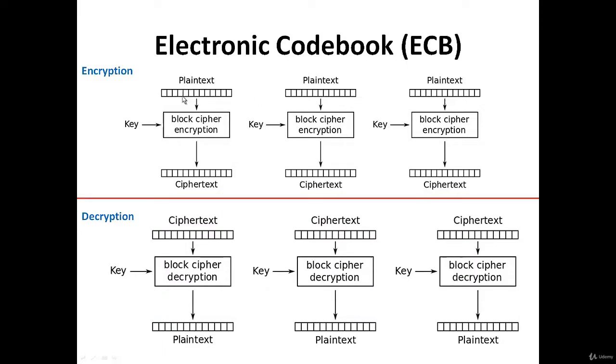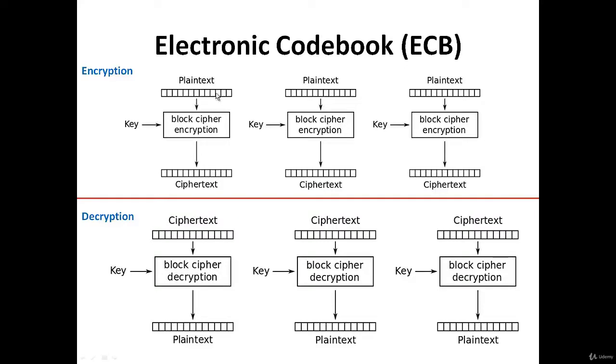Let me make one thing very clear once again. Say my entire plain text is of size 3n and my block size is n. Then the plain text is broken into n and n parts. The first n goes here, the second n goes here, and the third n goes here. This is a situation where there are only 3 blocks. Normally it can be any value. Say if my plain text size is 5n and my block size is n, then there will be 5 blocks for encryption. If my plain text size is 10n and my block size is n, then there will be 10 such blocks.